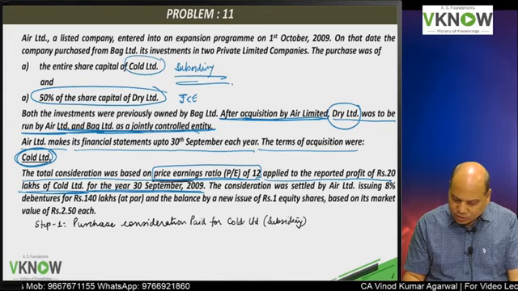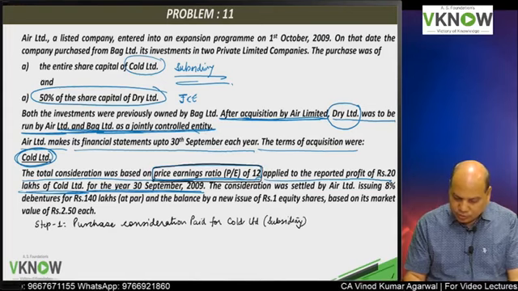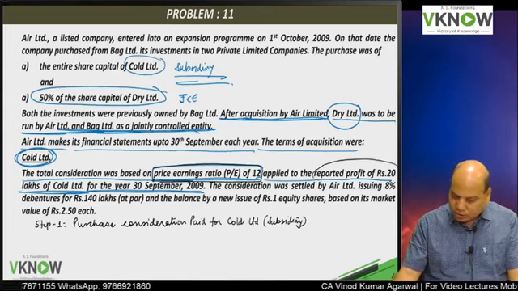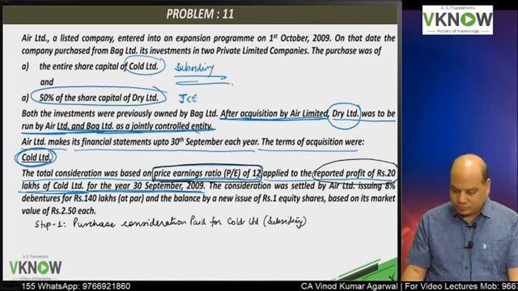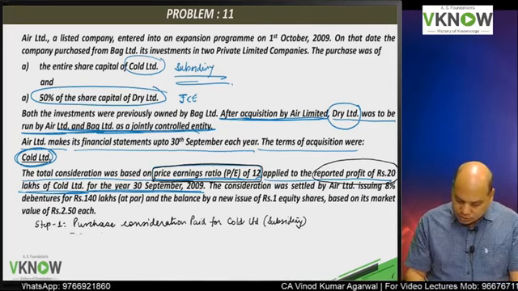Now what is the formula? A price earning ratio of 12 is applied to a profit of 20 lakh. So purchase consideration would be,